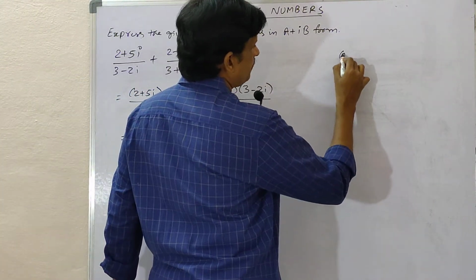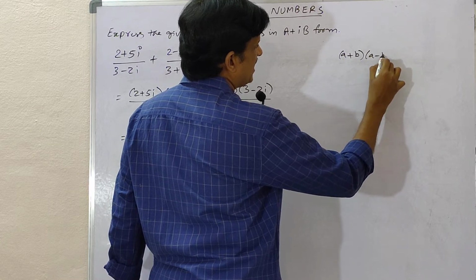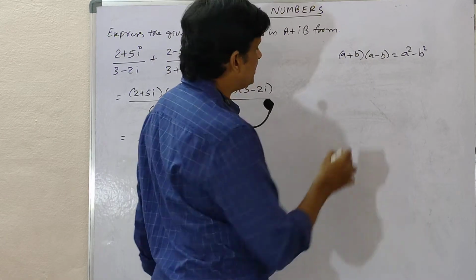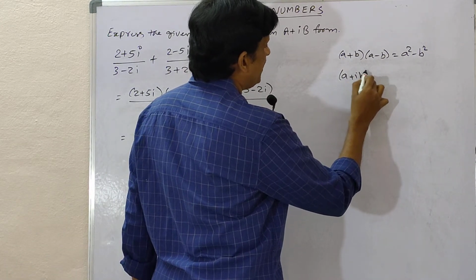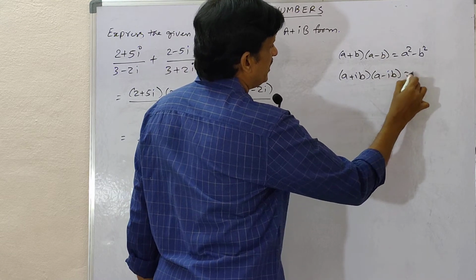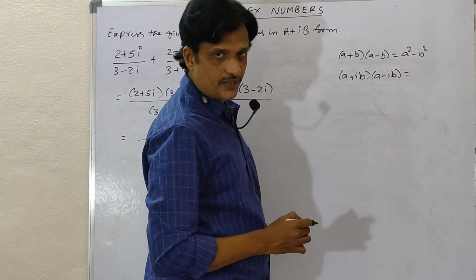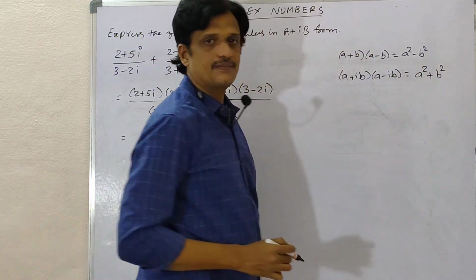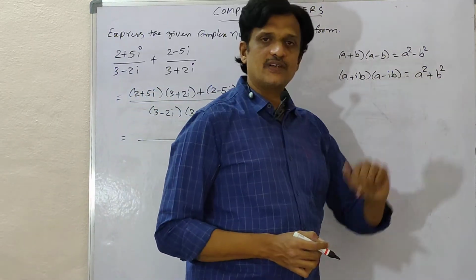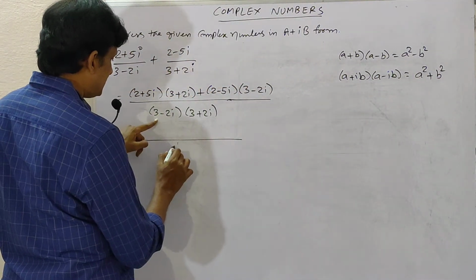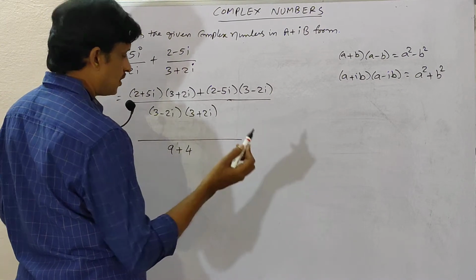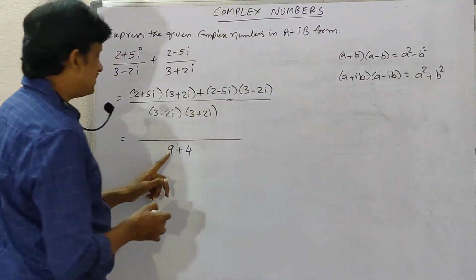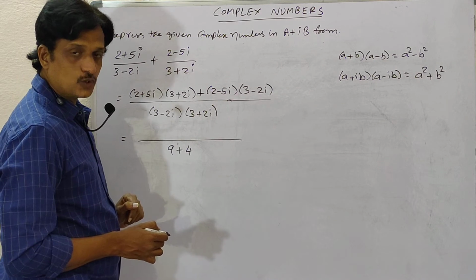Remember one thing, (a plus b) into (a minus b) is always equal to a square minus b square in algebra. In the same way, in complex numbers, every time we are getting (a plus ib) into (a minus ib). So there you are getting a square minus i square b square. But i square is minus 1. So you can say that it is equal to a square plus b square. So in complex numbers, you are getting a square plus b square. So here it is 3 square is 9 plus 2 square is 4. Now forget about i. Because of i square only, you are getting the negative sign to make this positive. Now this is a square plus b square, that is 3 square 9 plus 2 square is 4.